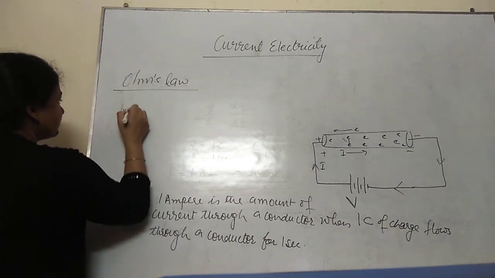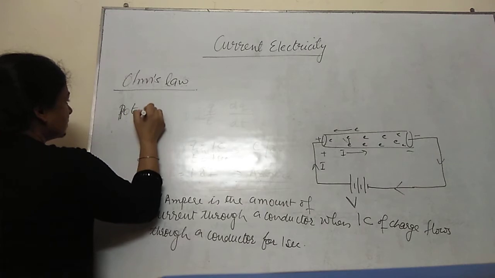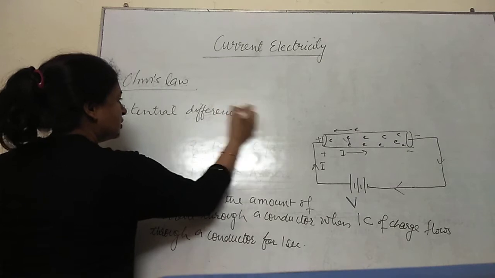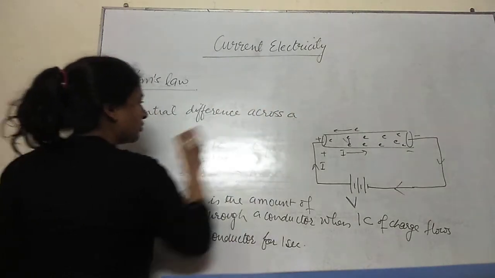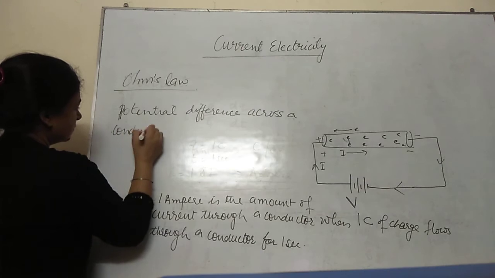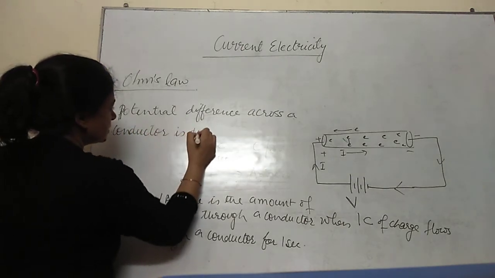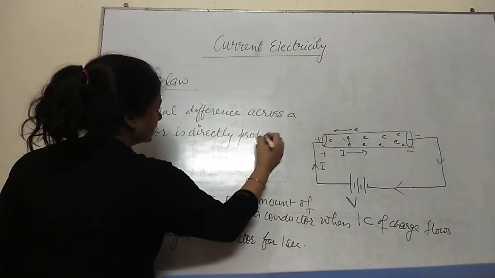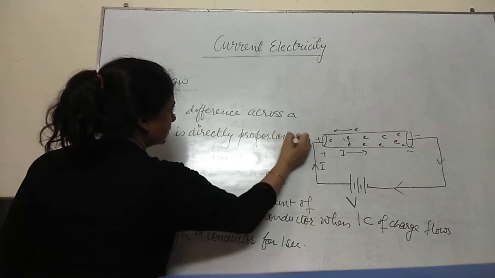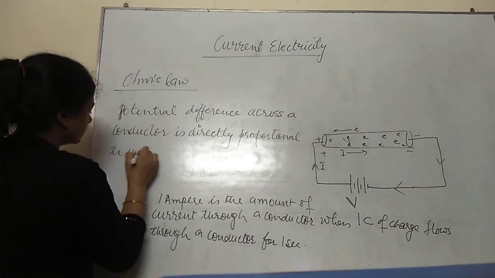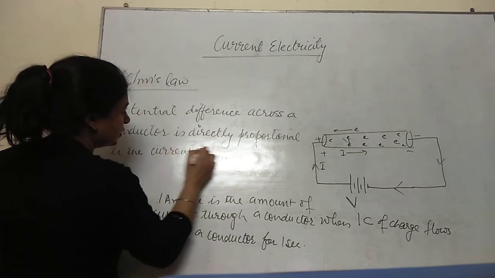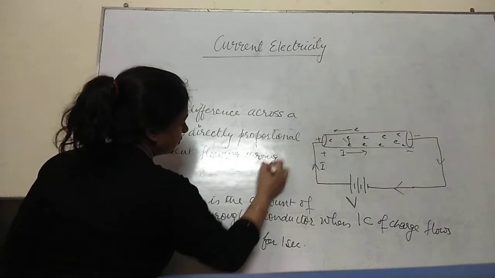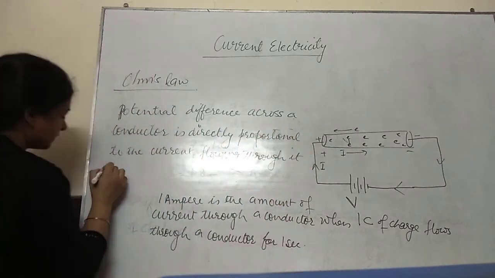The potential difference across a conductor is directly proportional to the current flowing through it when